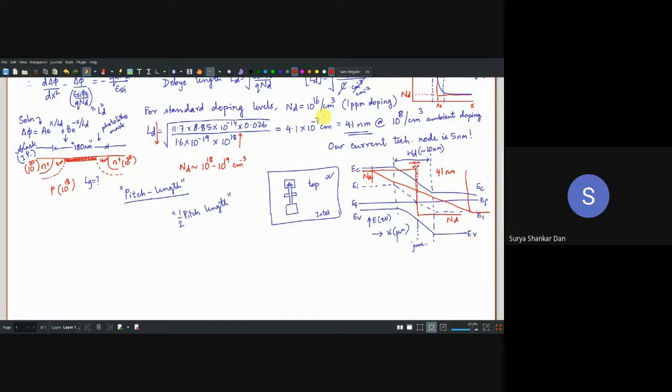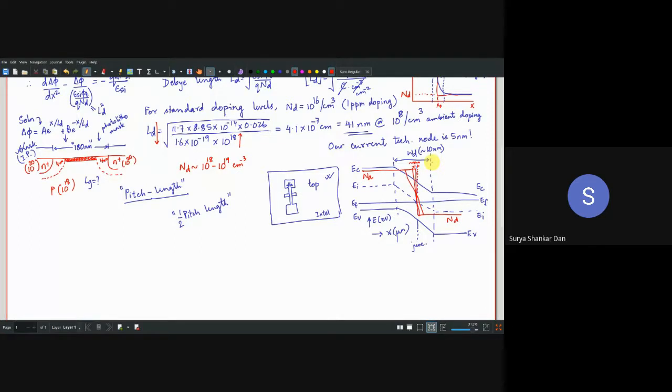Okay? So what do we have to do? We have to simply increase the doping concentration. In Na and Nd, instead of 10 power 16, we'll make it 10 power 18. Then this is 10 nanometers, and as I said, this is 4.1. So let us say this will be like that. If it is 10 power 19, it will be even smaller. That erroneous zone across the junction will be much lesser. Okay, everybody with me? Getting me right?